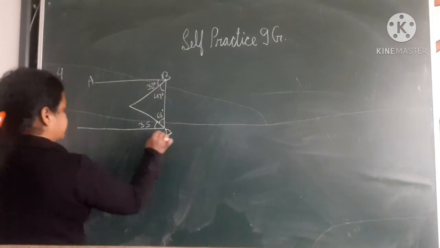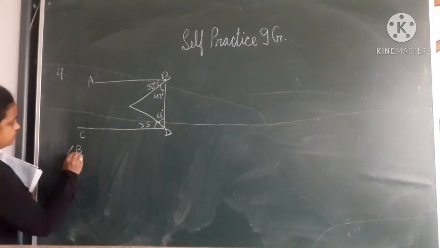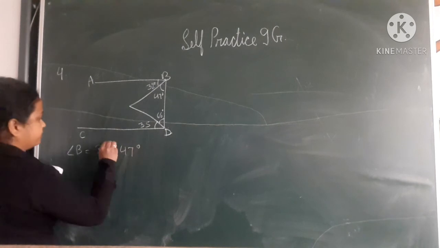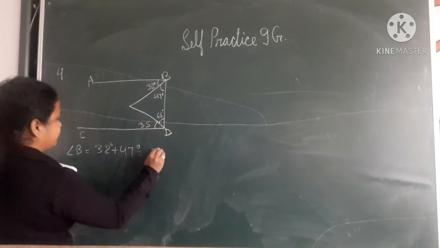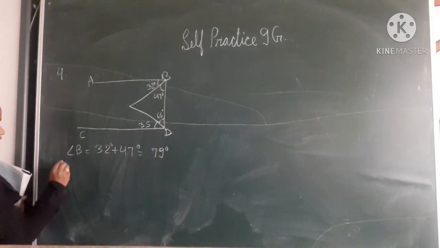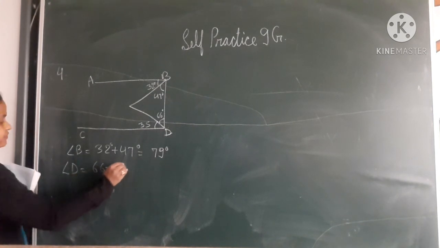D is here and C is here. So angle B is equal to 32 plus 47 degree, which is equal to 79 degree. Okay. And angle D is equal to 66 plus 35 degree,